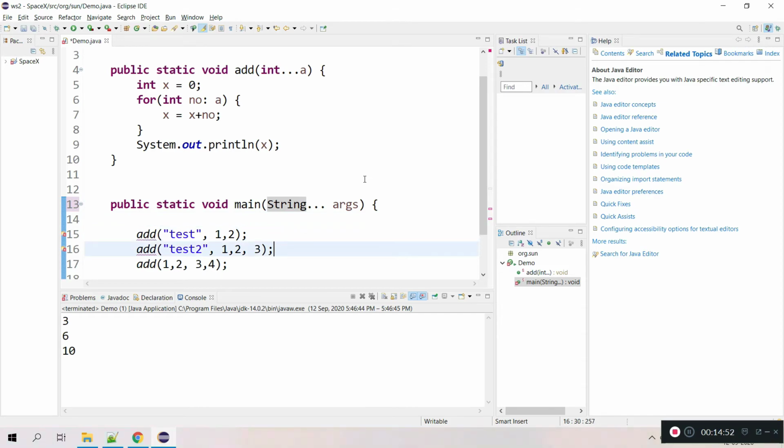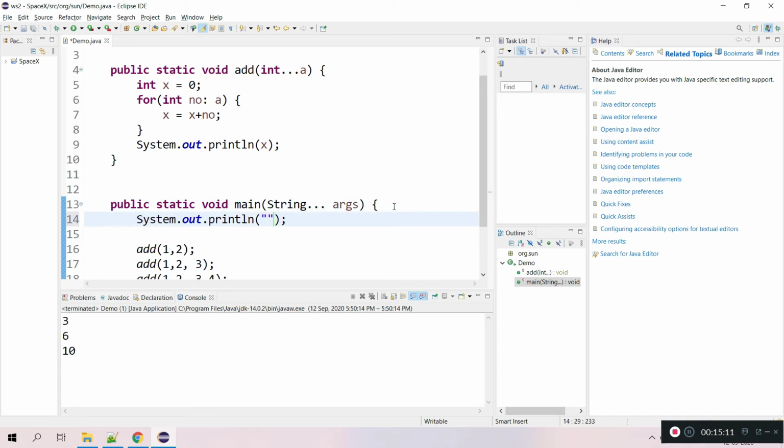Let's see. Here I need to remove this one. Okay, now let me run this program and you will be able to understand. And let me give some string using varargs in the main method.